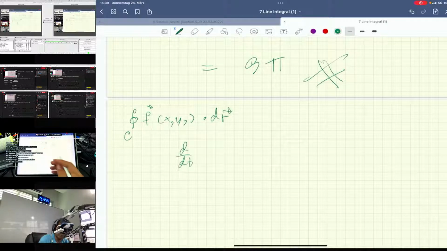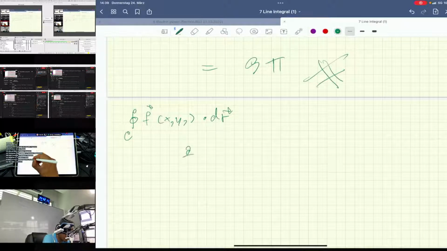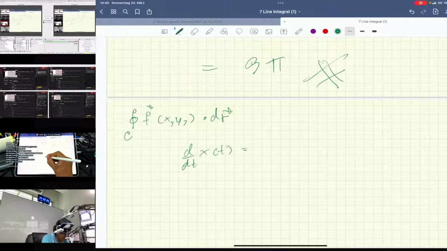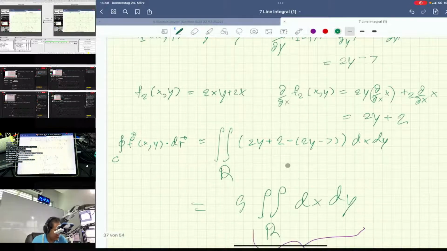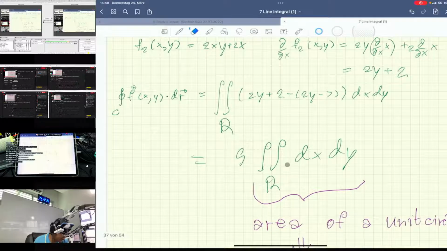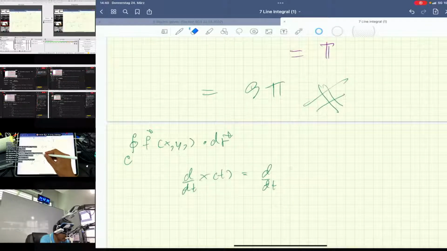Oh no, it should be d by dt, not curl. D by dt of the x component x(t), because this is the unit region, right? The curve C